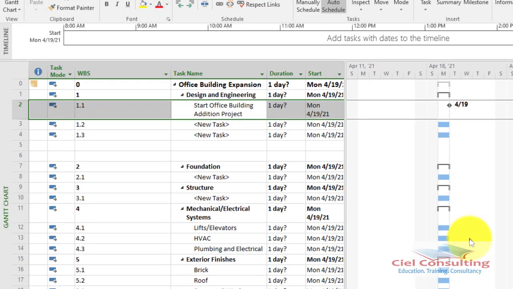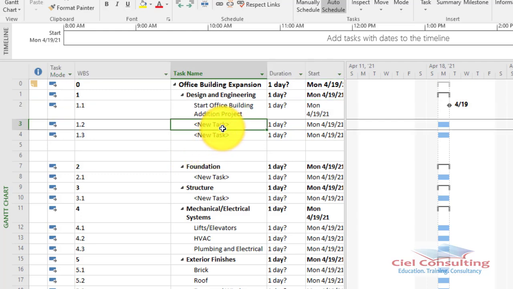The moment we do that, if you take a look at my Gantt, you can notice that the symbol for this very task changes to a stone symbol. This clearly indicates that yes, this is a milestone task, and that's exactly what is illustrated by this very symbol. Okay, so now that we've done that, we're going to enter the next activity,